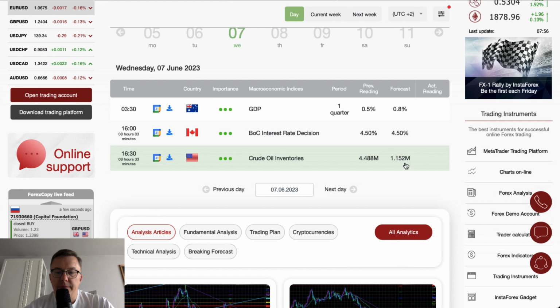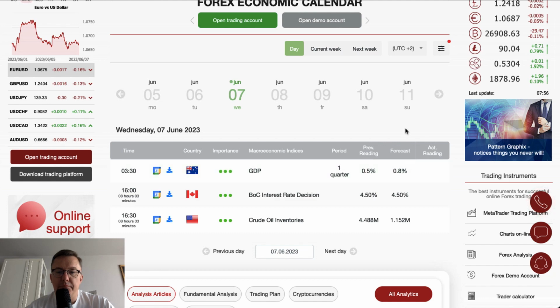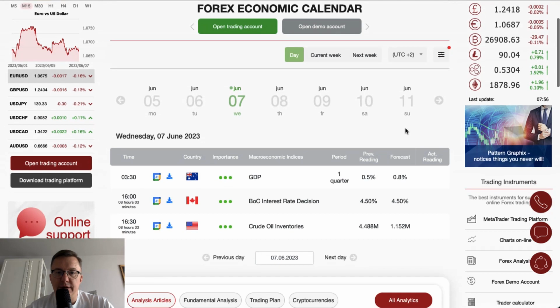way below the last reading. As you can see, 4,488,000 was the previous reading. The forecast is 1,152,000 barrels. So situation of the markets right now is very interesting, and I think that we should take a